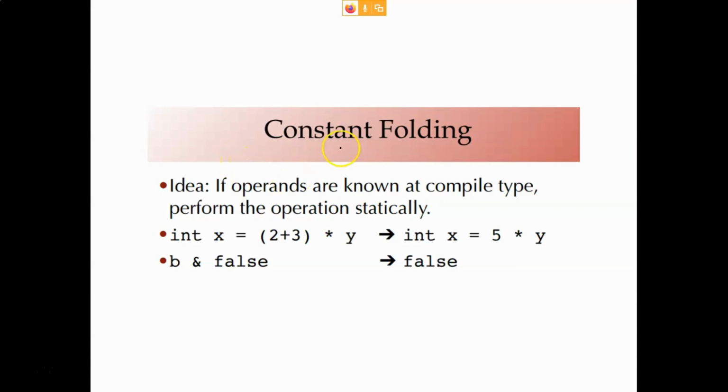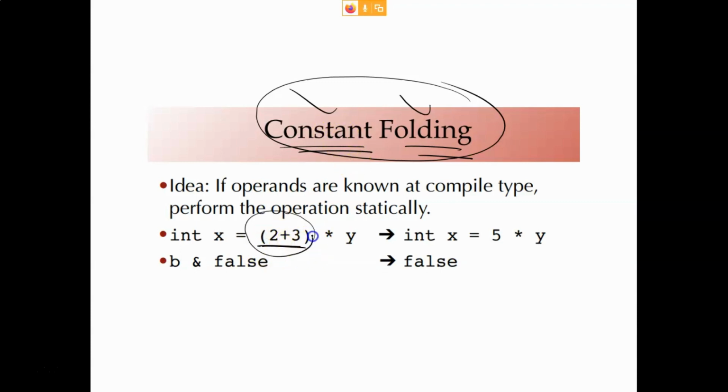So these very small things are there, like these small optimizations, like this constant folding. What is this constant folding? Just for sake of completeness I am covering it. Constant folding means basically you can evaluate the constant expression at the compile time. For example, this 2 plus 3 at the compile time you can calculate it. So you can replace this 2 plus 3 with 5. So this is your constant folding. Okay, so this is called constant folding.